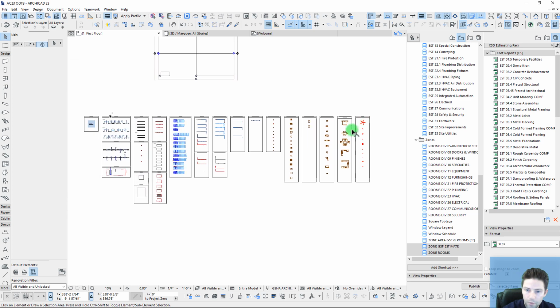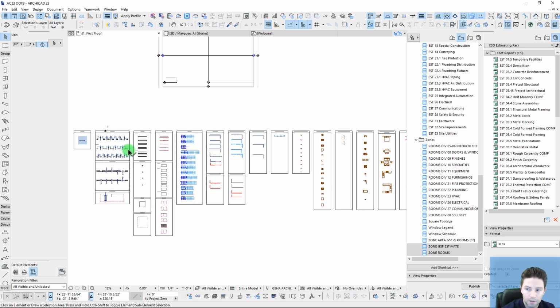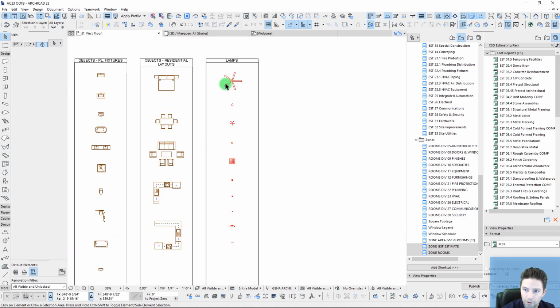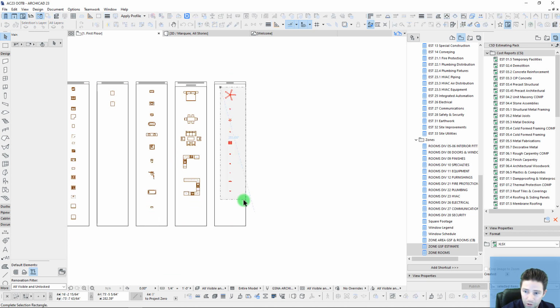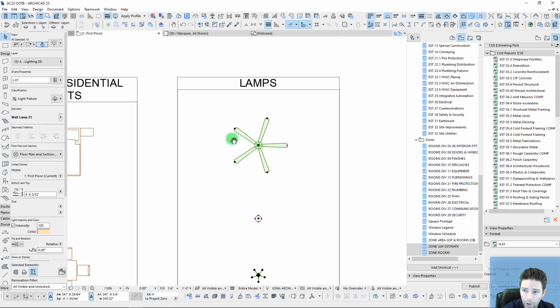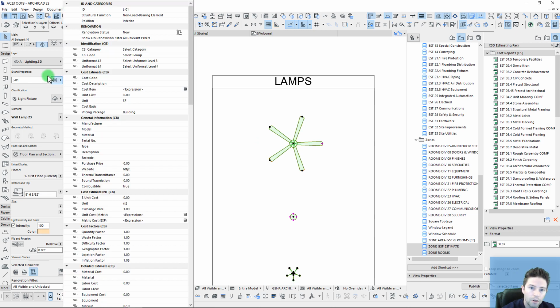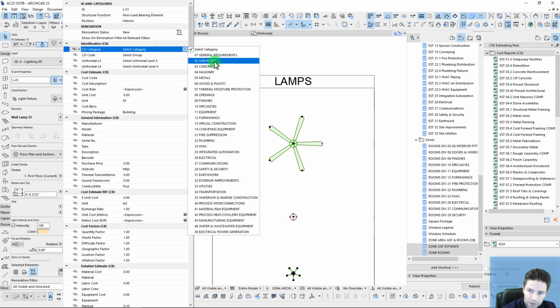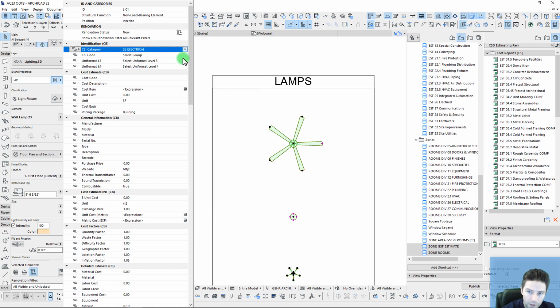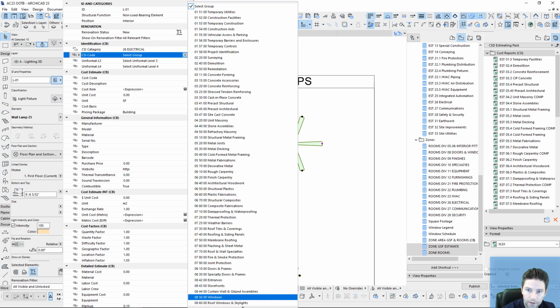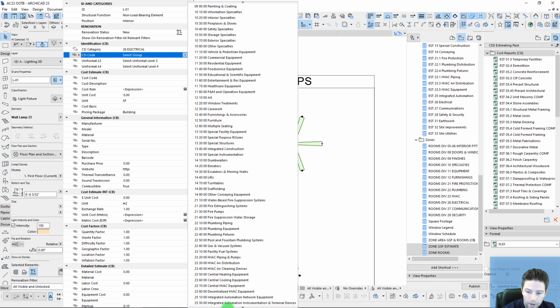So I think, we have so many different options here. One of the easiest places to start would probably be with our lamps. So if we grab all of our lamps, we can then go here to our new properties, and let's just start assigning these. So our lights would be, of course, electrical. We can give them the subcode of, let's see,